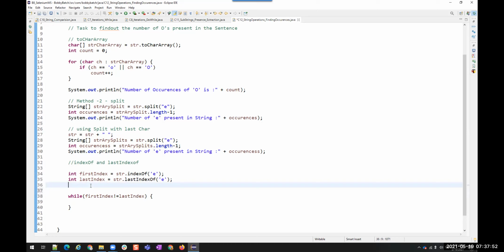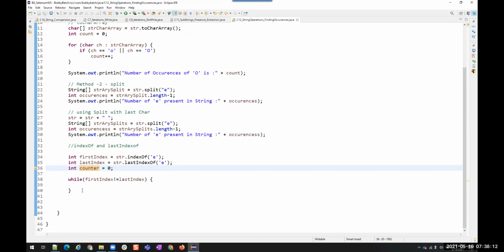I have to count and increase it. Right. So I create a variable count e is equals to 0. Counter, I'll make it as counter. Counter is equals to 0. When these are not equal, I have to increase counter plus plus.